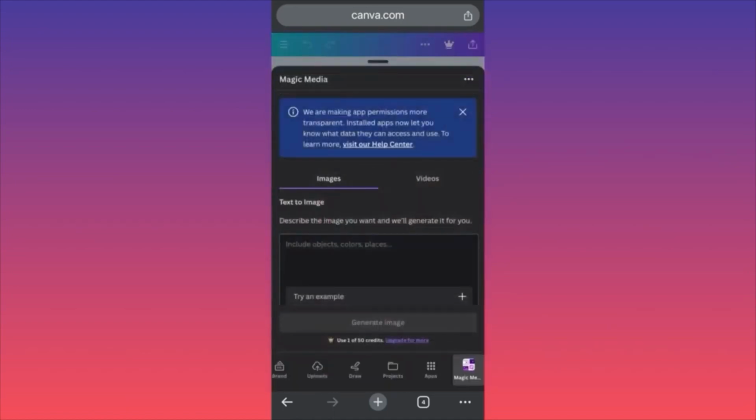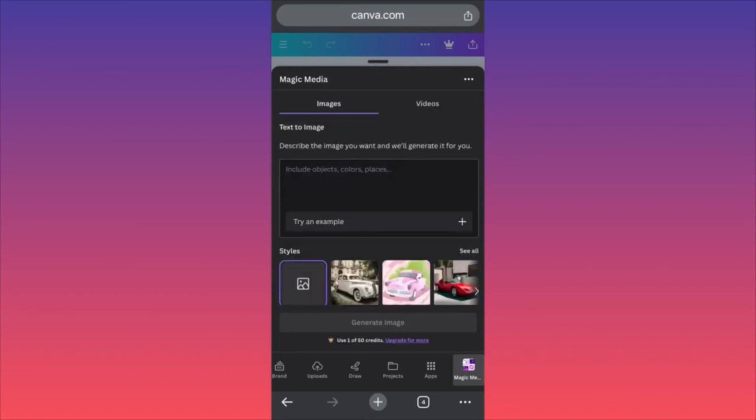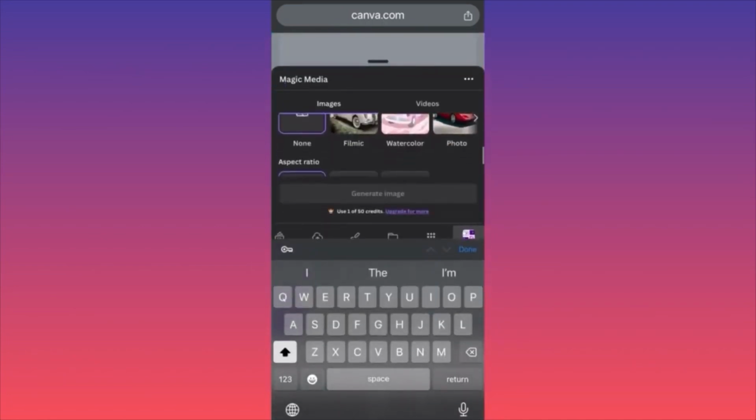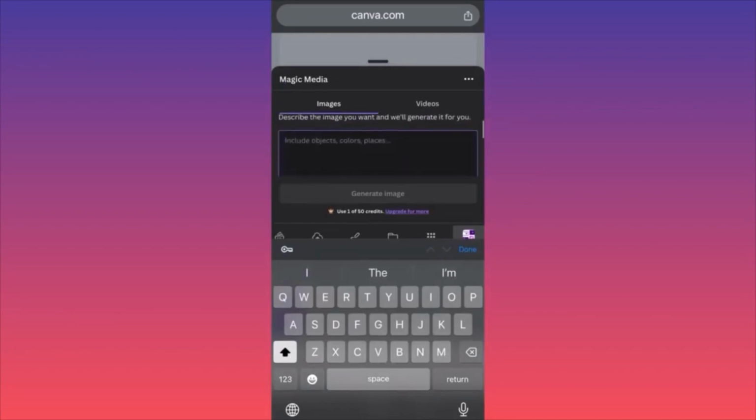In our example we're going to create a logo, and the way this actually works is that when you come over here you have to type a particular prompt. When you type the prompt, you also have to choose underneath the style of the prompt. So in our example, we are going to create